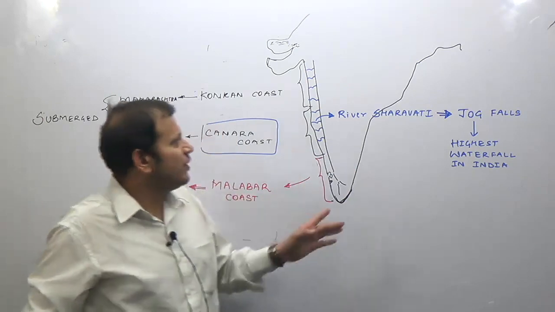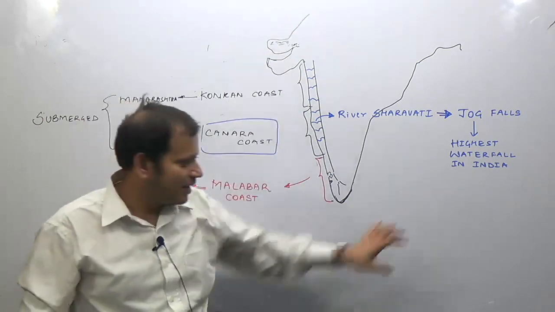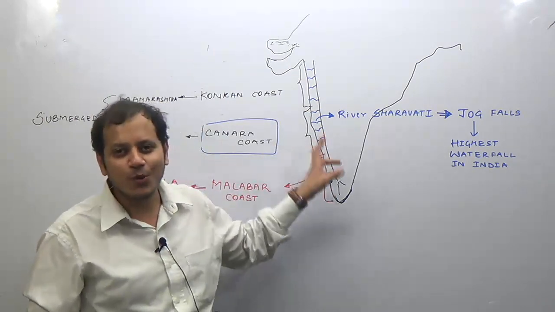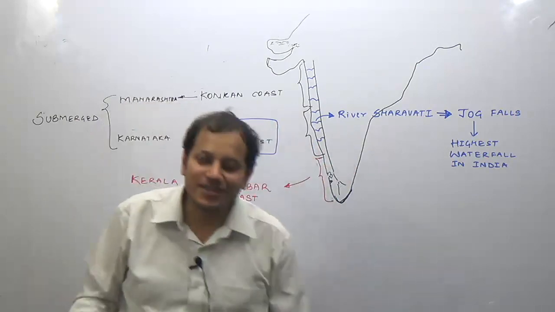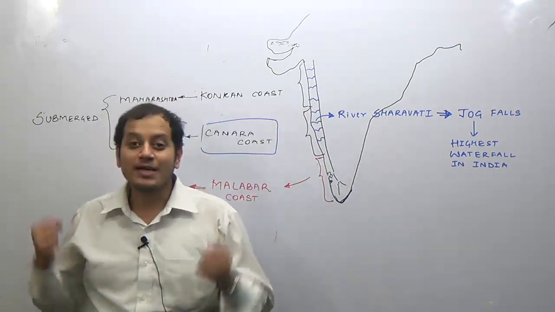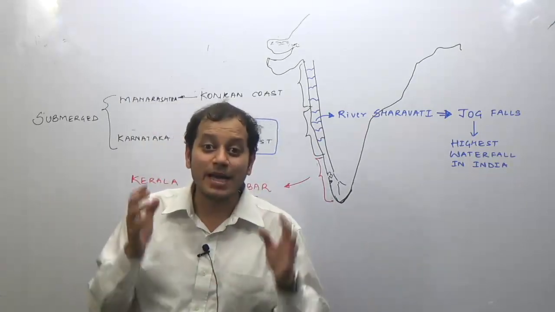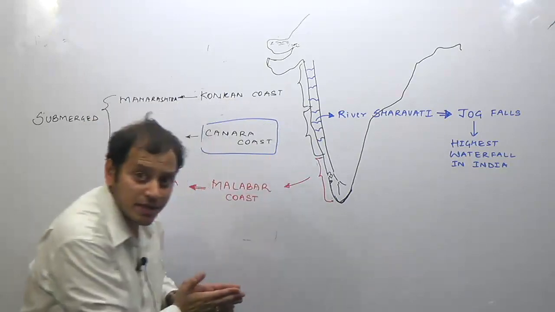Whether you like to go to Europe, or in India to the Himalayas, Andaman Nicobar Islands, everyone wishes to go to Goa or Kerala. Goa, for a different reason. Kerala for its natural beauty. What kind of natural beauty? Dense, lush, evergreen vegetation. Why evergreen vegetation? That is a different aspect. We will do that while doing the Indian monsoon.